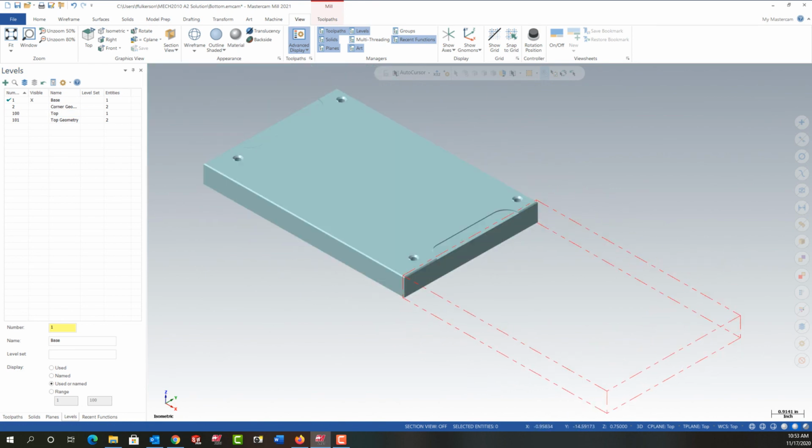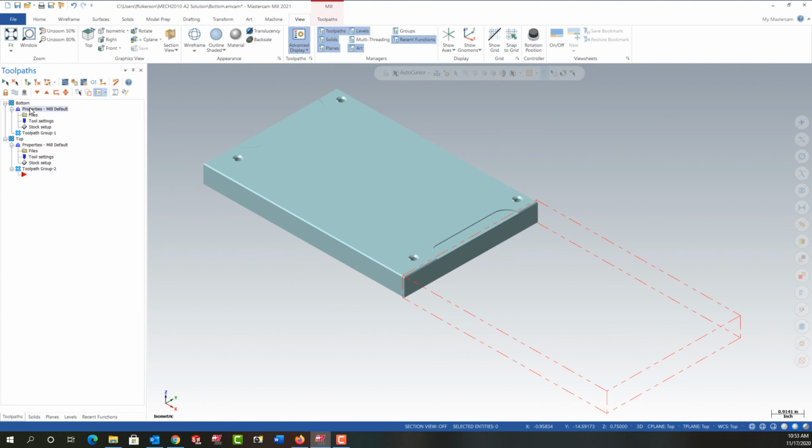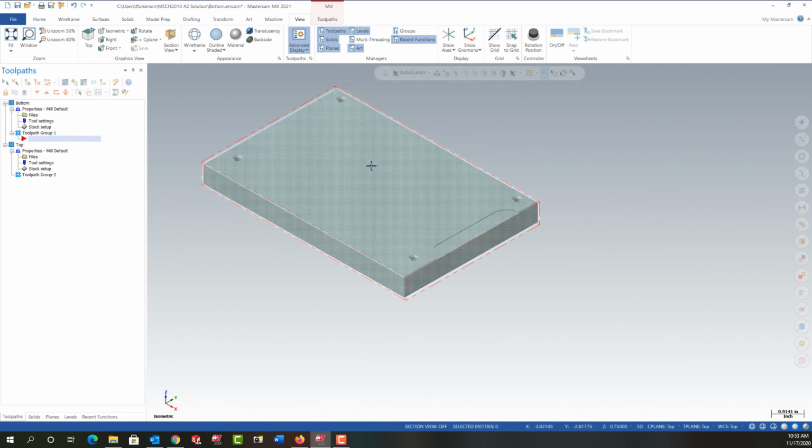Don't worry about this. When I go back to this part and I move my insert arrow up to it, you'll notice the geometry fixes itself. We'll continue adding toolpaths in the next video to the bottom of